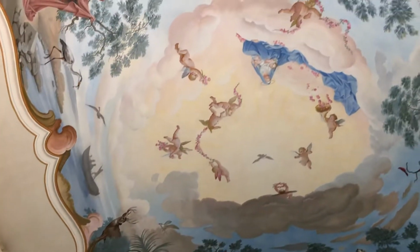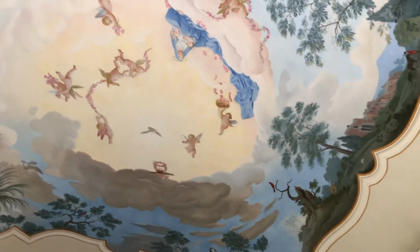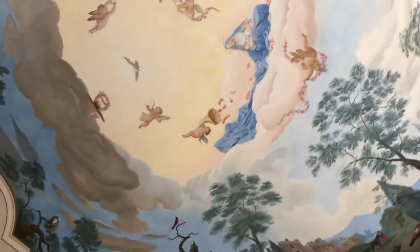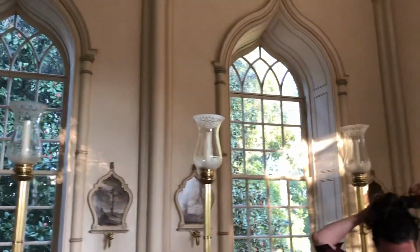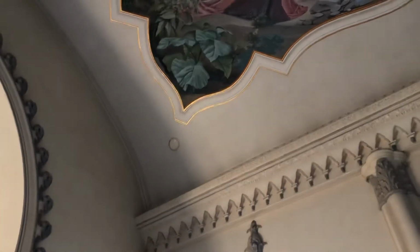And as we move to the inside, we get to the religious imagery where we see, well, she's upside down right now, but we see, there we go, where we've got the Virgin Mary and various angels and cherubs surrounding her with roses and things of that nature. What we did find out as we looked around this church is that there are some multi-denominational features of it. If you look in that little circle